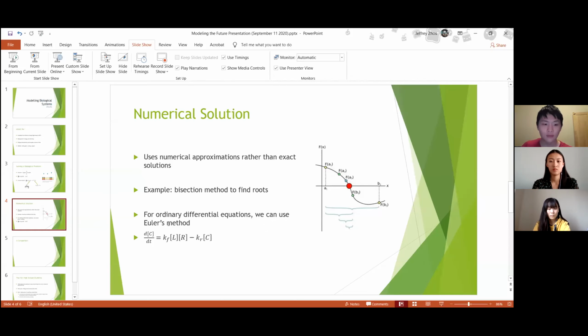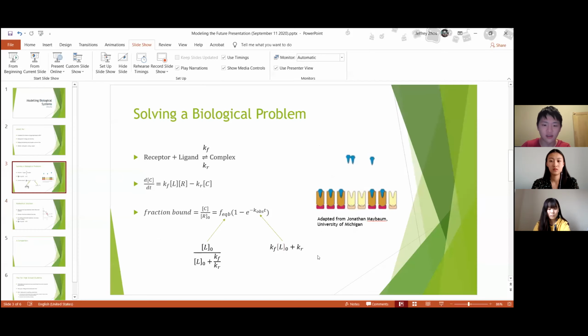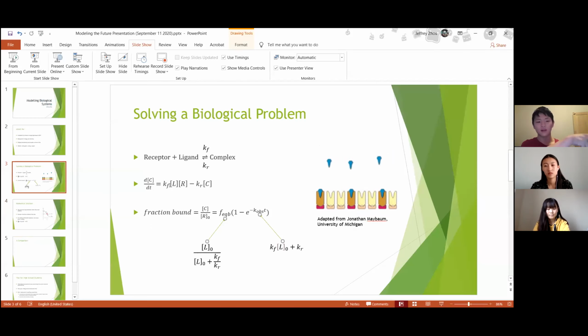Yeah, so that was basically the example I wanted to talk about, and I think it illustrates pretty well why mathematical modeling can be so powerful, because it's not all the time that you can come out with a nice clean solution like this that gets you exactly what you want. And so a lot of the time you might just have to settle for an approximation, which mathematical modeling does well.